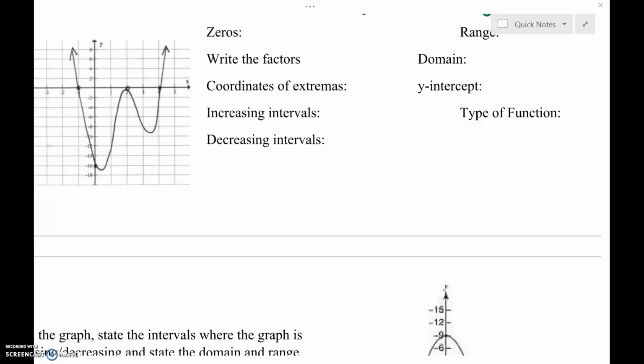Interesting point about what we just said with the type of function. This picture, which seems quite different from our previous example, also has 3 x-intercepts or 3 zeros, and you would think it's also cubic, but look at the arms. They're both pointing in the same direction, which would indicate an even function. So at least one of these is a double root or has a multiplicity of 2, meaning it shows up twice. So this would make it an even powered function. So maybe 4, maybe 6,